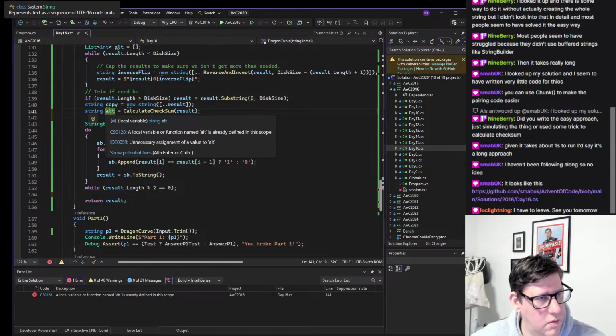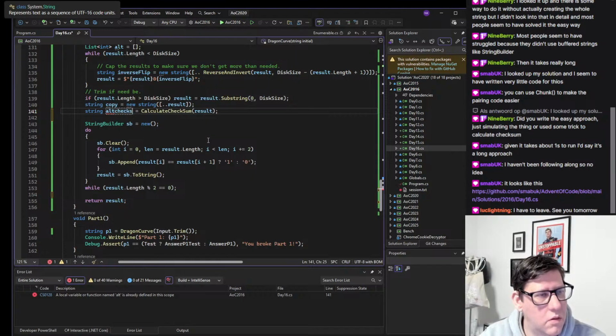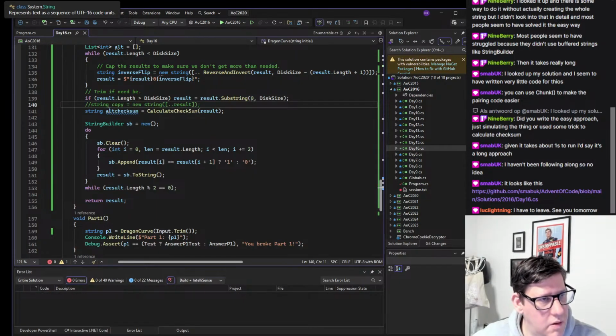Wait, what? Okay. Can just do alt checksum like this, and then